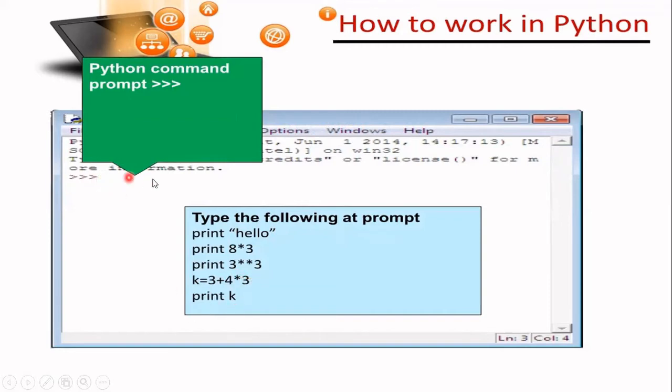These can be written here, and as soon as you write one line, you will get its answer, and you will get the three prompts again. We will see this happening. This is just an explanation to prepare you for what to expect.